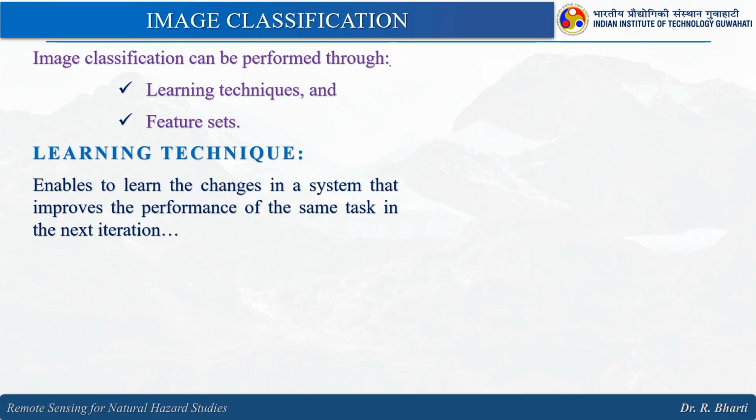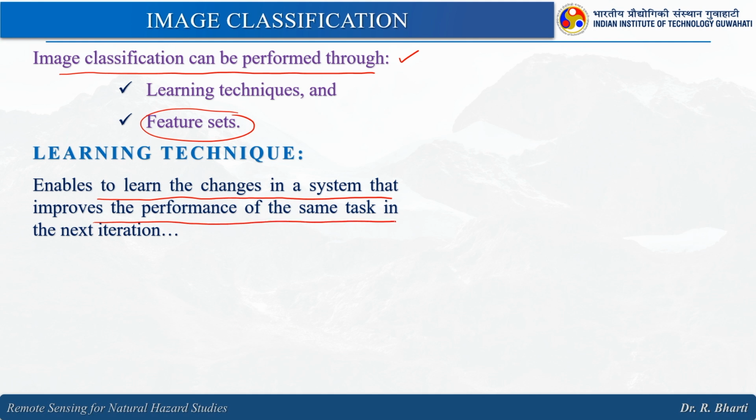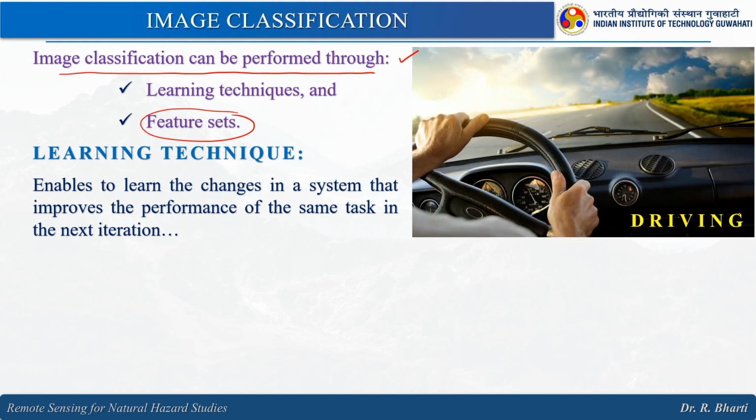So, when we talk about classification, image classifiers can be trained in two ways. One is learning techniques, another one is feature set, right. So, what is a learning technique? It enables learning the changes in a system that improve the performance of the same task in the next iteration, right. Like driving,